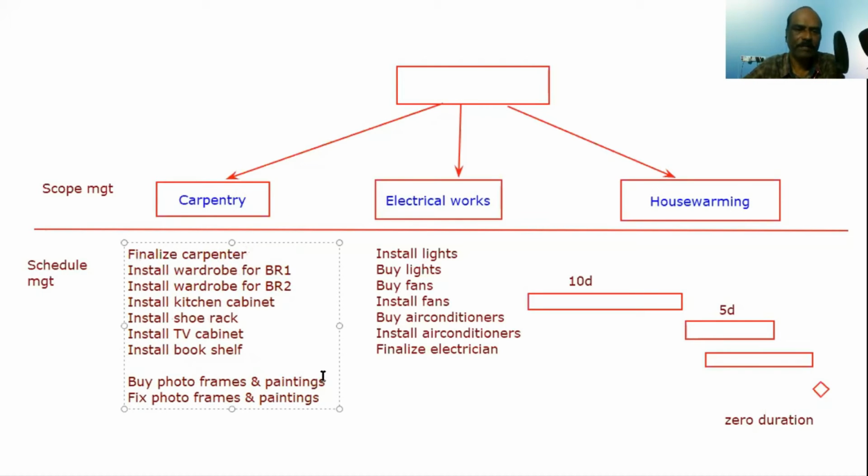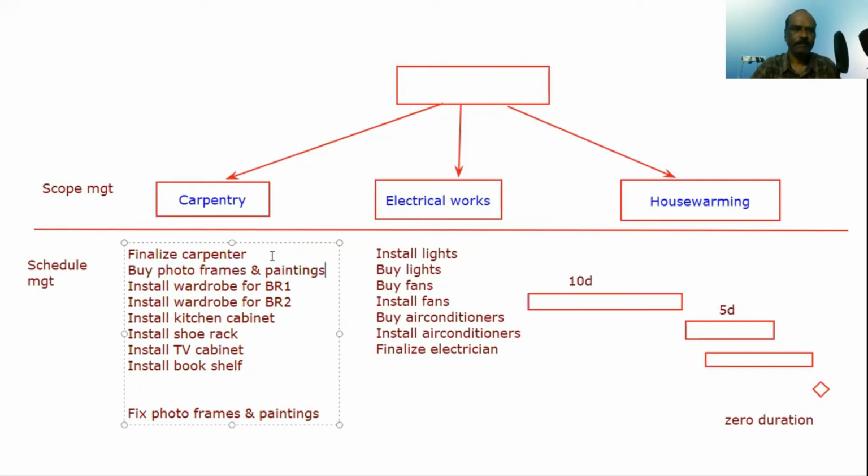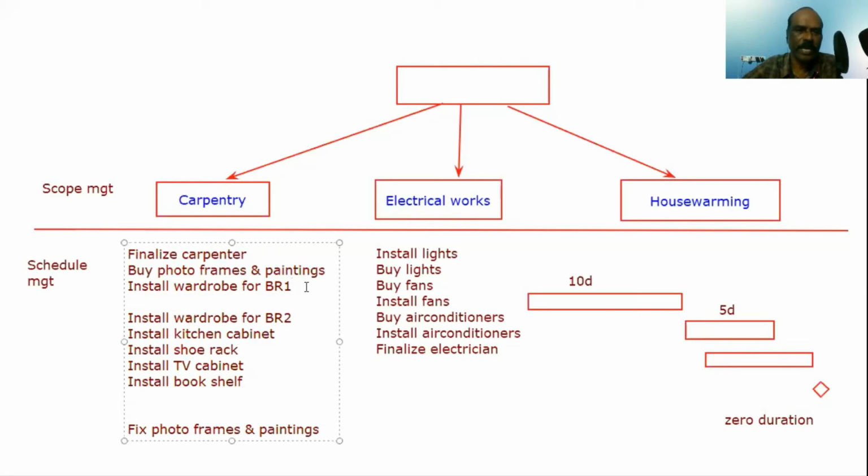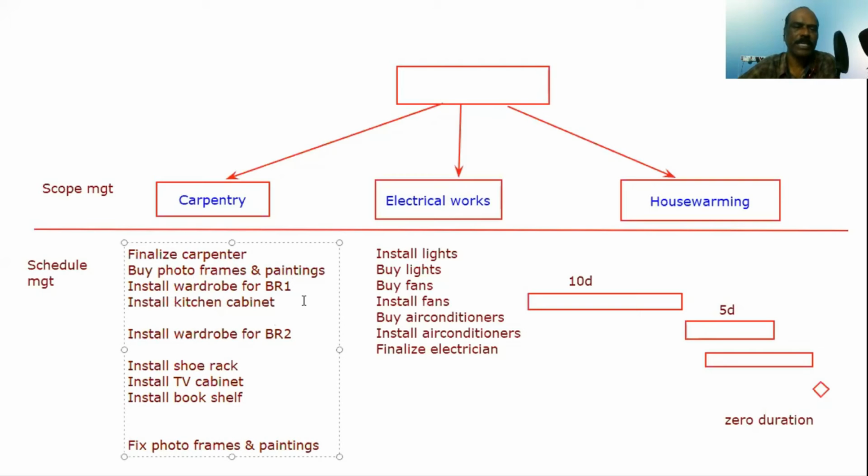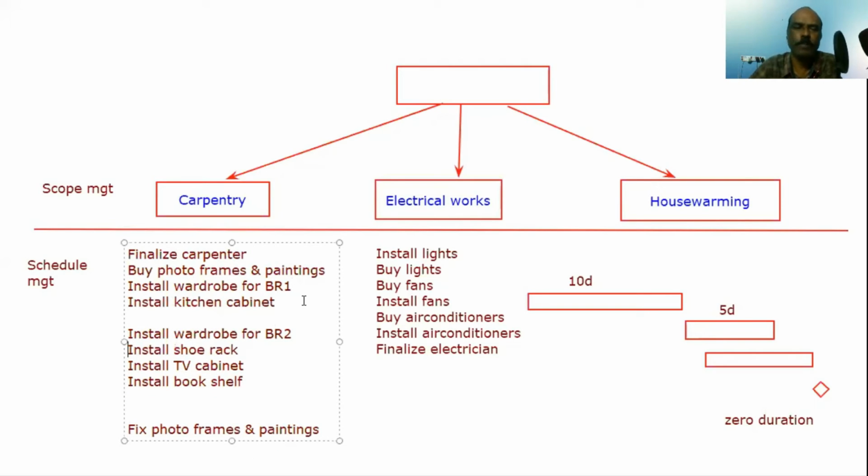And then maybe this is optional. Whatever I need to buy, maybe I want to buy upfront so that everything is ready for me to do. And then maybe I decide, okay, bedroom one, let's do that first. I can have one room where I can start staying, and then maybe I want to do the kitchen cabinet second. Let's say this is urgent for me. So if one bedroom and the kitchen are ready, I don't mind if they are working in other rooms or preparing other things. Right? Let's say this is the sequence I want to do.